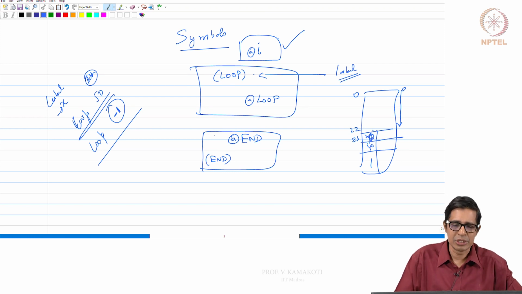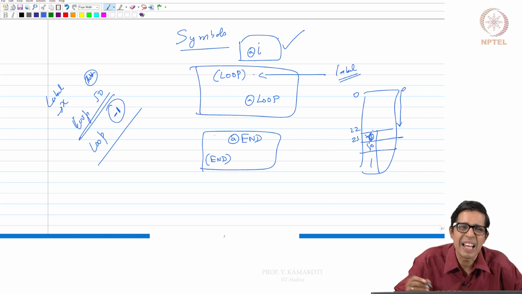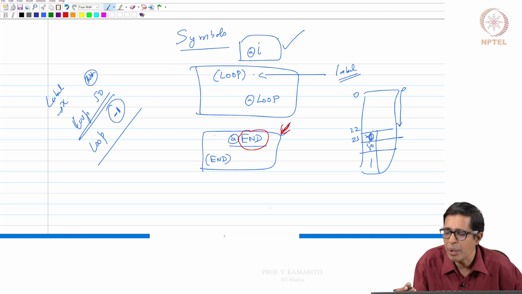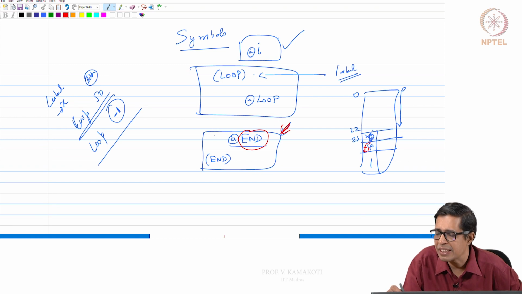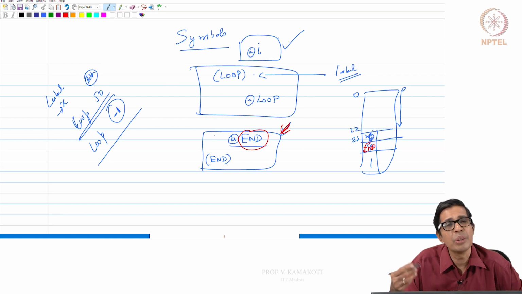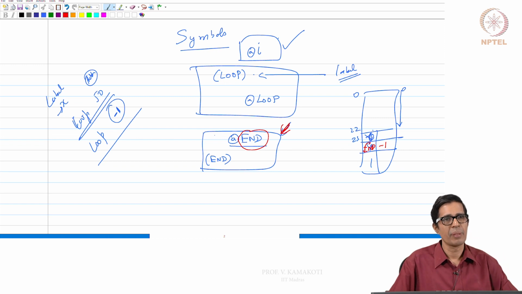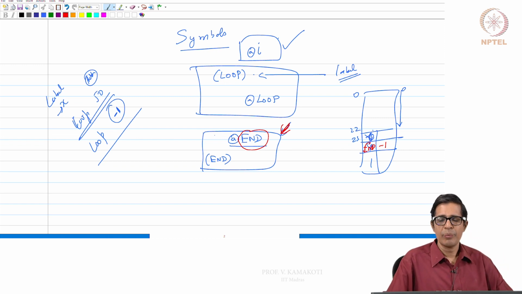Along with that symbol, when we store, we will also store the address. But sometimes that address may not be available. For example, I say "at end". Let us take this case as I am marking here in red. First I will encounter "at end". End will not be there because it is the first time I am encountering it. So I go to the table and find the first entry which is null from the top, from 0, and I will put end, but I don't know what address to associate with it. So I will just put minus 1, right?